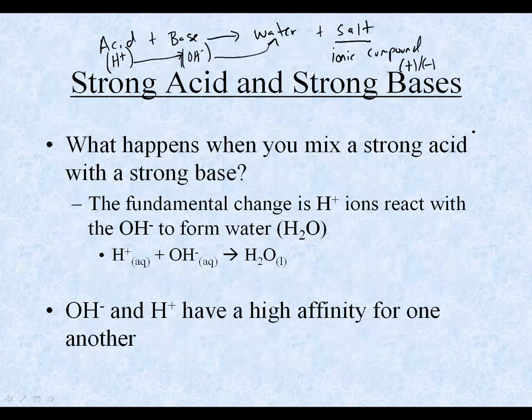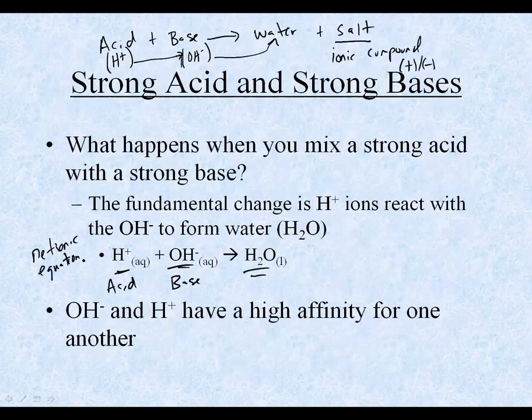All reactions of strong acids and strong bases, regardless of what combination of strong acids and strong bases you put together, the overall net ionic equation that you get is essentially the formation of water. That is when the H plus comes together with the OH minus. Again, the H plus comes from the acid, the OH minus comes from the base, and we make water. It is always the net ionic equation that you get when you do a strong acid and a strong